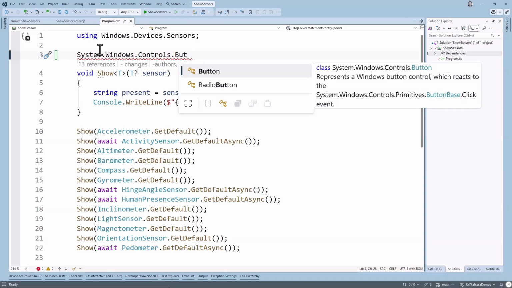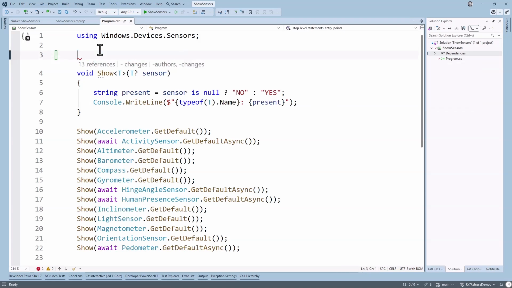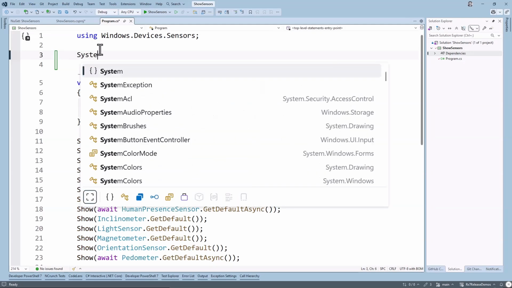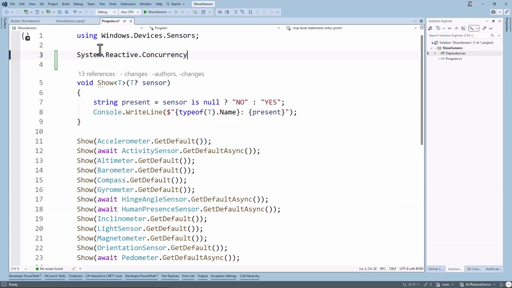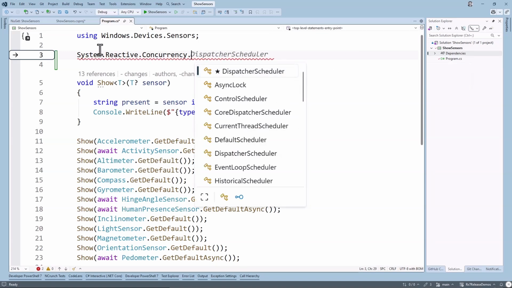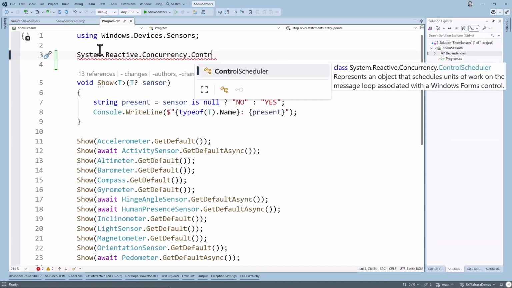This has happened because before RX7, the Windows-specific build of System.Reactive included things like WPF scheduler support. So the System.Reactive.Concurrency namespace included a dispatcher scheduler, which is a WPF thing, and a control scheduler, which is a WindowsForms thing. So these types take a dependency on WPF, and that means that my project now has a dependency on WPF